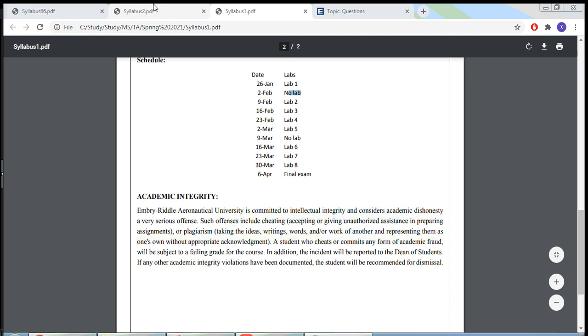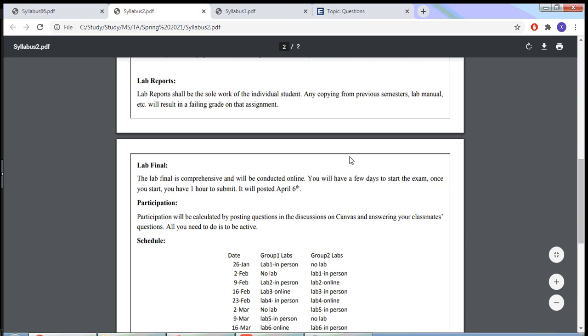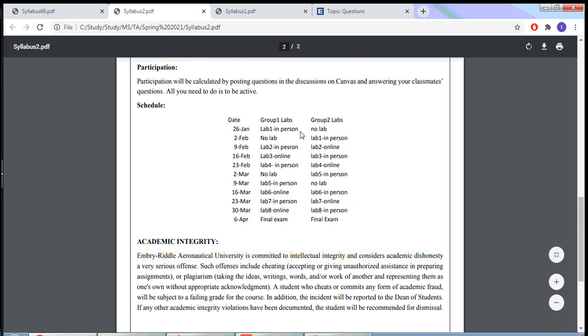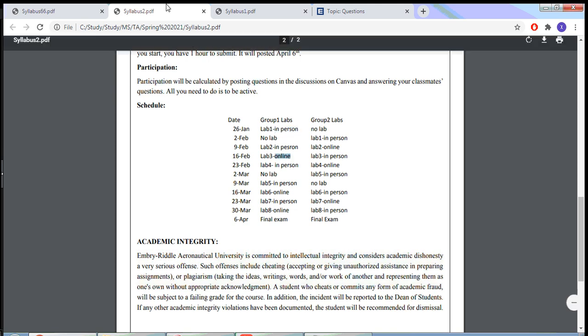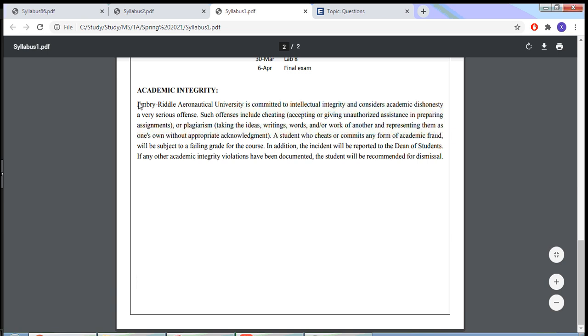If you are in a hybrid section, this is how your schedule is going to look. You will be split into two groups, group 1 and group 2. If you are in group 1, this is how your schedule is going to be, and you will see which experiment you will do in person or online. Feel free to read this on your own,